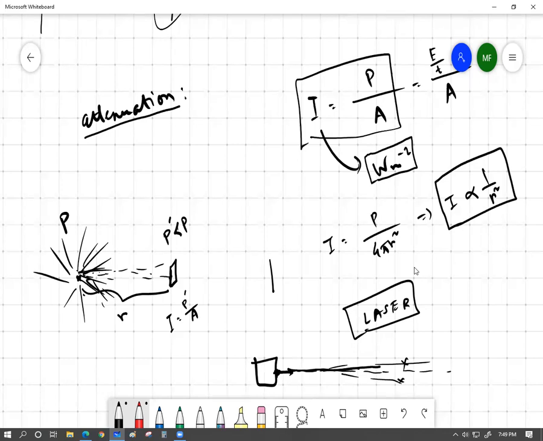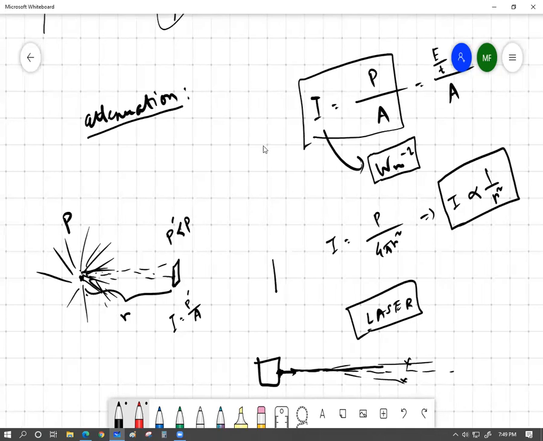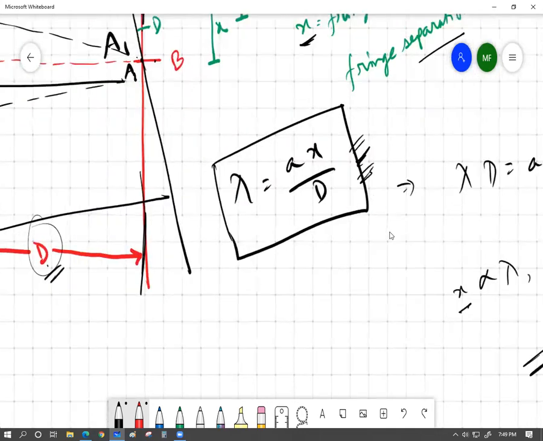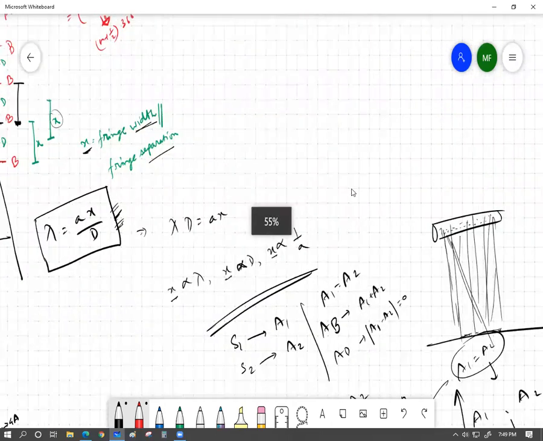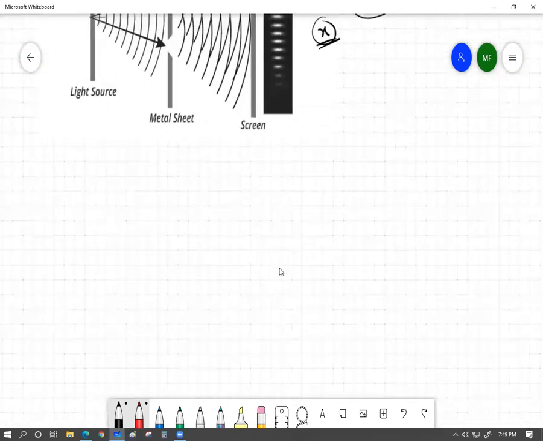Okay, but we can have a physical mechanism that is going to cause the spreading out of the laser, which I'm going to discuss after a while. So this is one of the factors that accounts for the reduction of intensity. This is also one of the reasons why